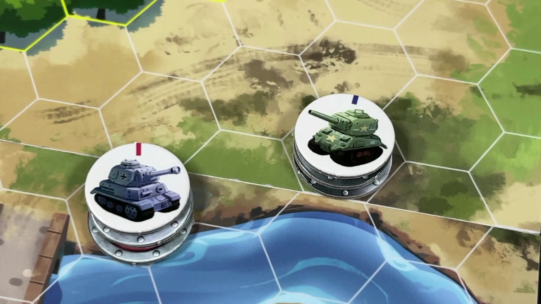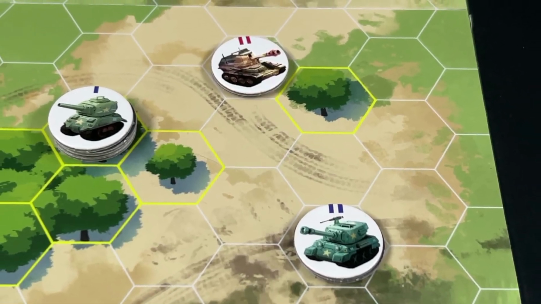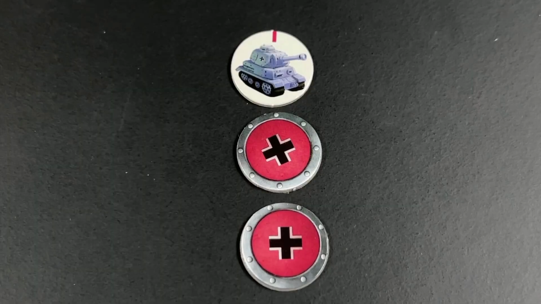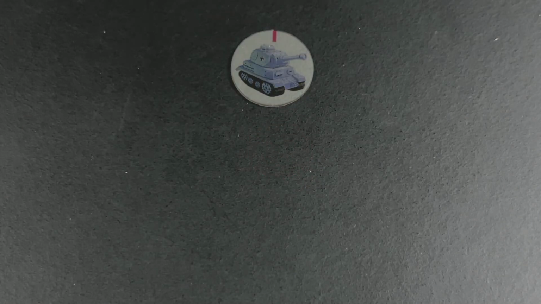Besides being in range, opposing tanks also need to have a line of sight to attack one another. And the line of sight rules in this game are simple. Only direct barriers, like buildings or forests, can obstruct 2 opposing tanks. To destroy a tank, all of the tank's armor tokens must be removed, and then the tank takes 1 more